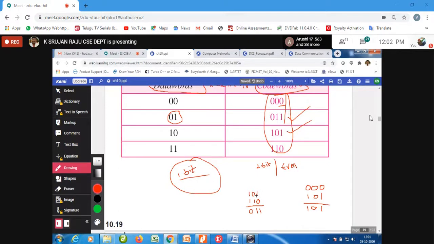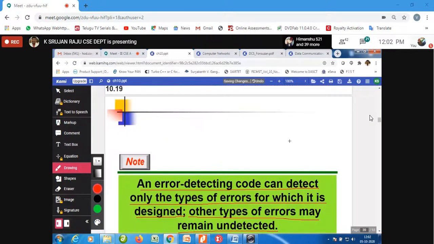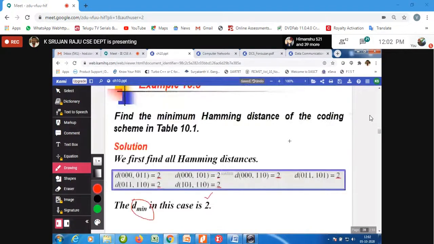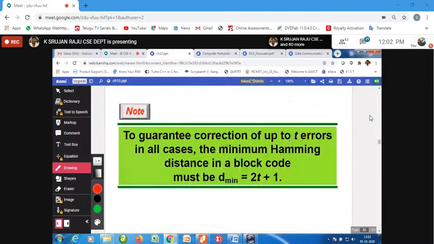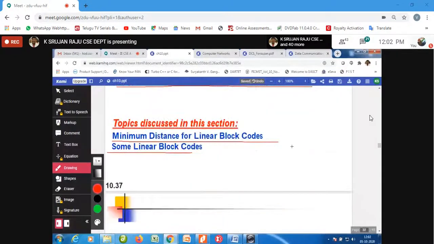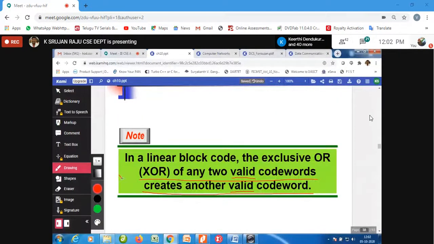Whenever you XOR two valid code words, you get another valid code word. Dear friends, this is a very important aspect to keep in mind when using linear coding. I hope this point is clear now.